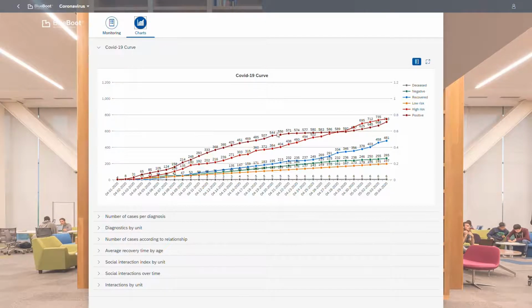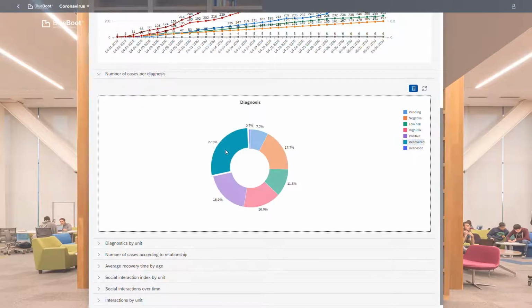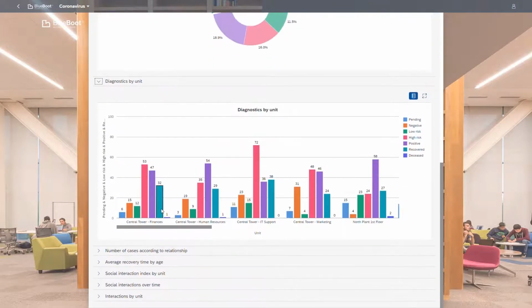So what are our next measures? The Analytics module will assist us by showing company-wide and area-specific KPIs. Our internal COVID-19 curve looks good, but how can we keep the spread under control? This chart shows that 27% of our workforce still hasn't been tested yet, which may suggest that we should focus